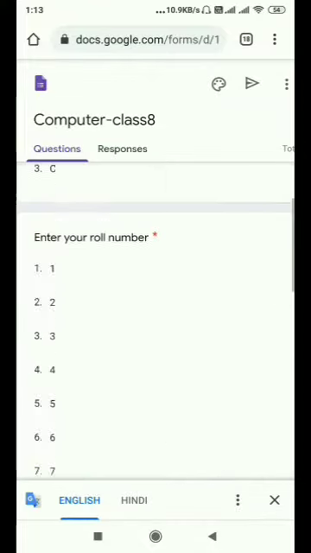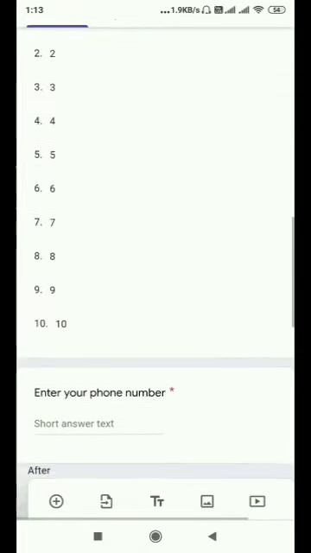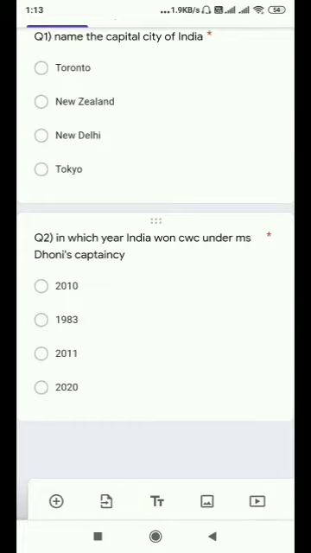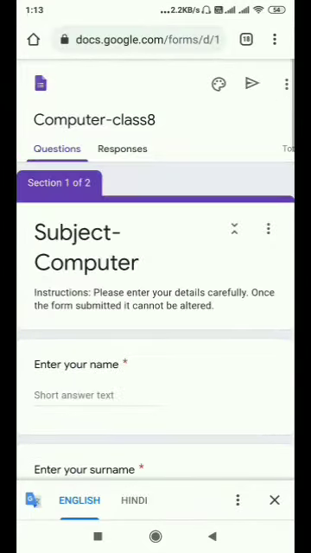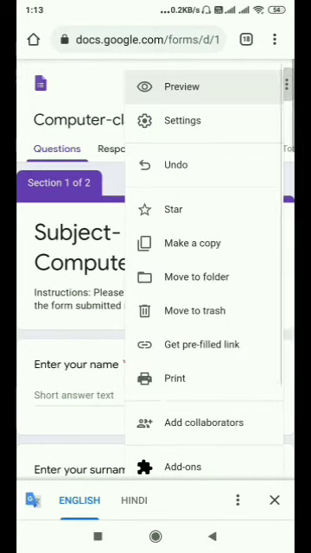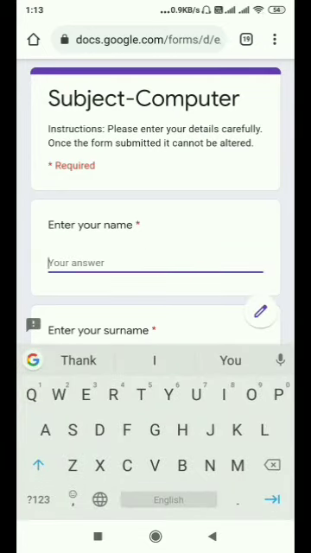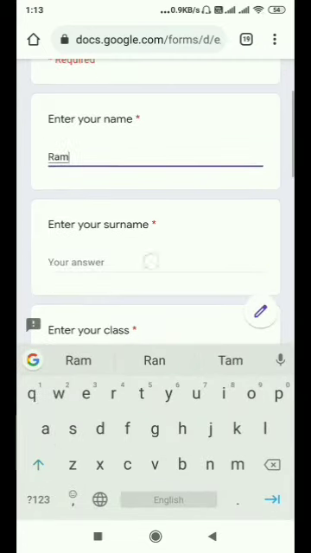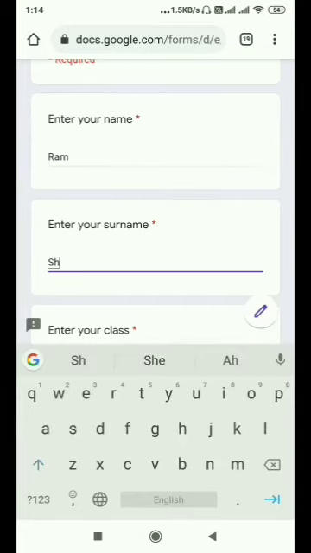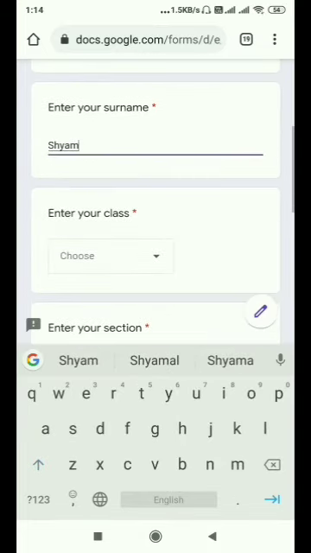So our question paper is ready. Let us preview it. So for previewing, we will click on these 3 dots. Preview. So enter your name, suppose Ram, surname Shyam, class, see here, class,